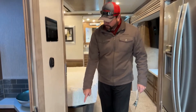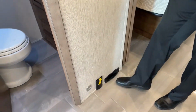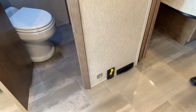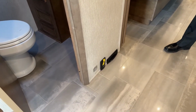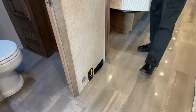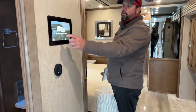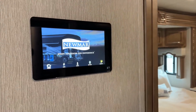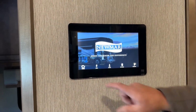And then you've got central vac. Lift up here, you're sweeping up inside. You have hose attachments also. And then that little switch down below there. Let's see here, that's just a little accent light down below here that lights up your aisleway, if you will, at night. And then this is the new systems here. Earlier when I was showing you on my phone, the connected solutions. Well, if you don't have your mobile device in hand,